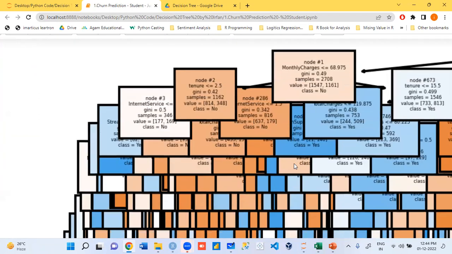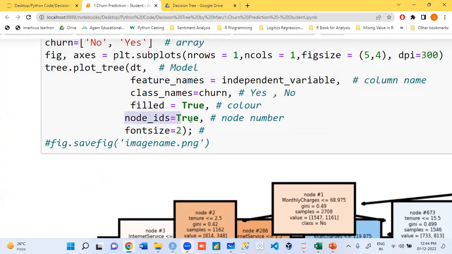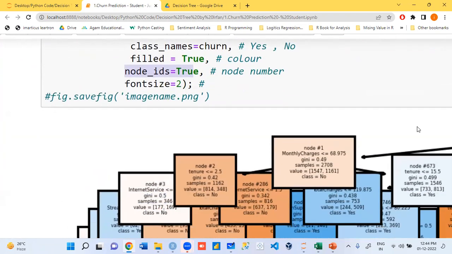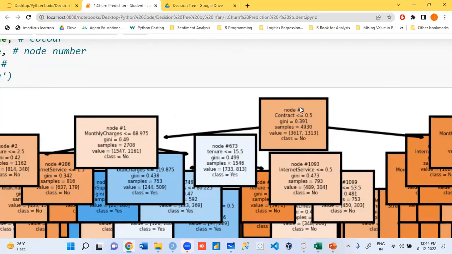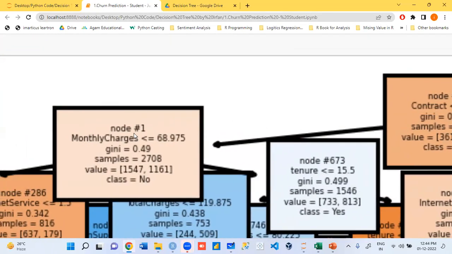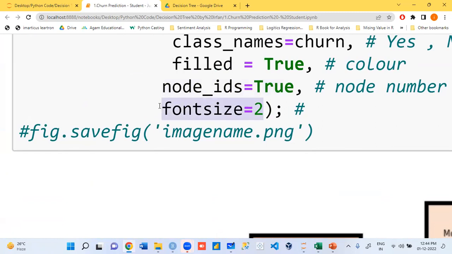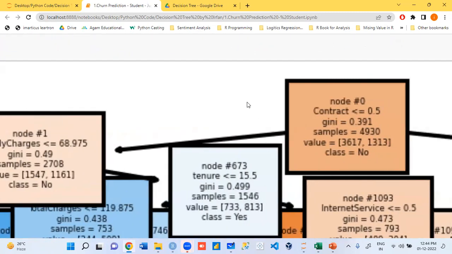Do we have color over here? Okay. Node IDs true. You see, guys, ID number 0, ID number 1. So give me node number also. And font size as 2. Font means what we have written inside the box.